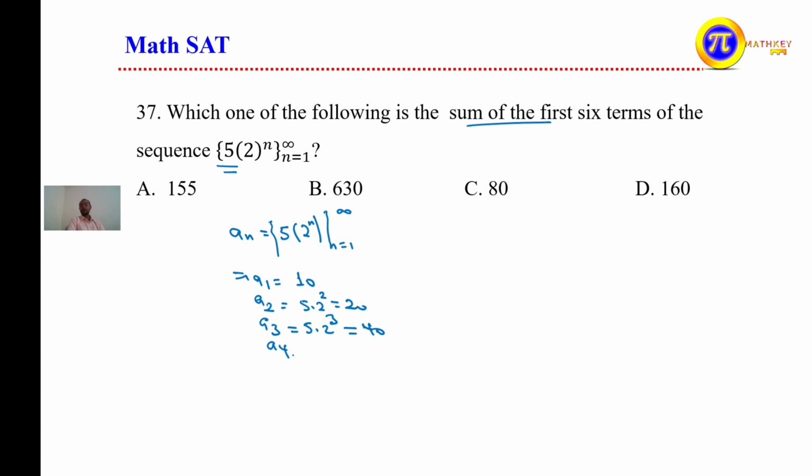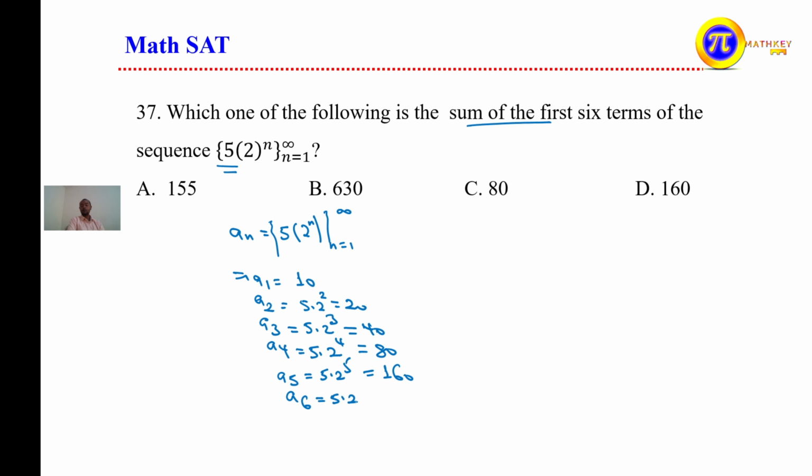a4, the fourth term is equal to 5 times 2 to the power of 4. To the power of 4 ማለት 16 ስለሆነ 16 ሲባዛ በ5 ምን ይሆናል? 80 ይሆናል ማለት ነው። What about the fifth term for this one? This is 5 times 2 to the power of 5. To the power of 5 ማለት 32 ስለሆነ 32 ሲባዛ በ5 ምን ይሆናል? 160 ይሆናል ማለት ነው።